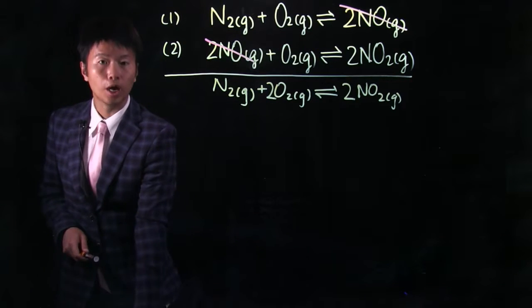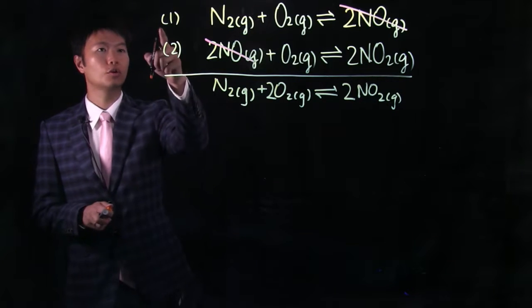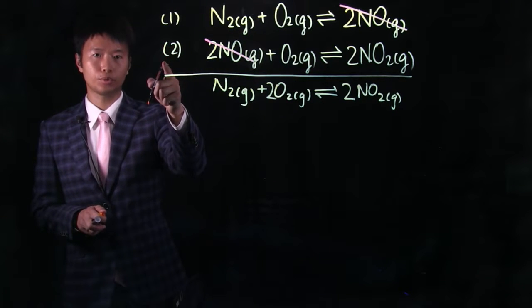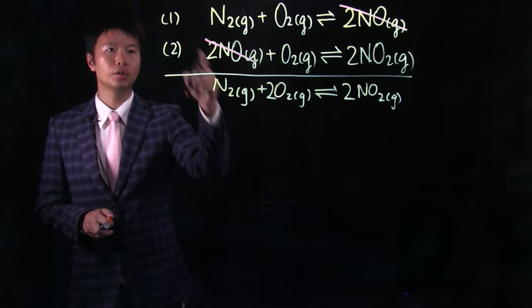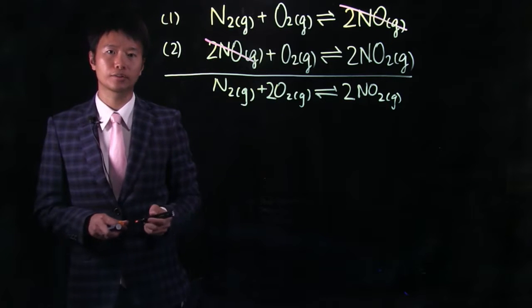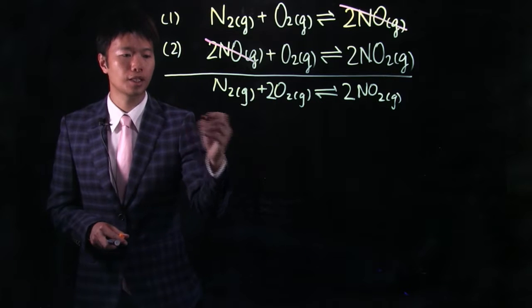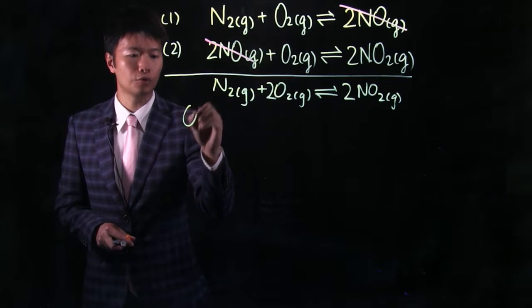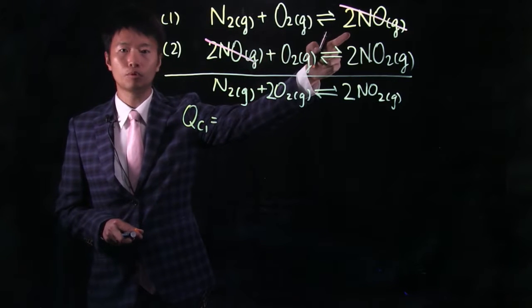Okay. To answer the question, we need to write down the reaction quotient for step 1 and step 2. And then we also need to write down the reaction quotient for the overall reaction. And then when we multiply 1 and 2 together, we will see we can get the same reaction quotient for the overall reaction. So first, let's write down the reaction quotient for QC1, which will be the molar concentration of